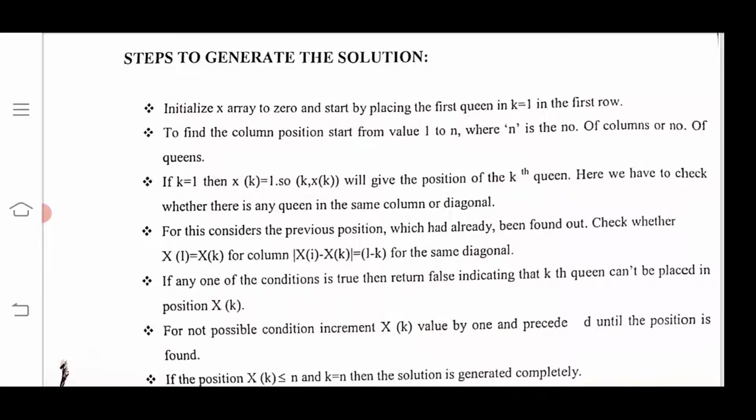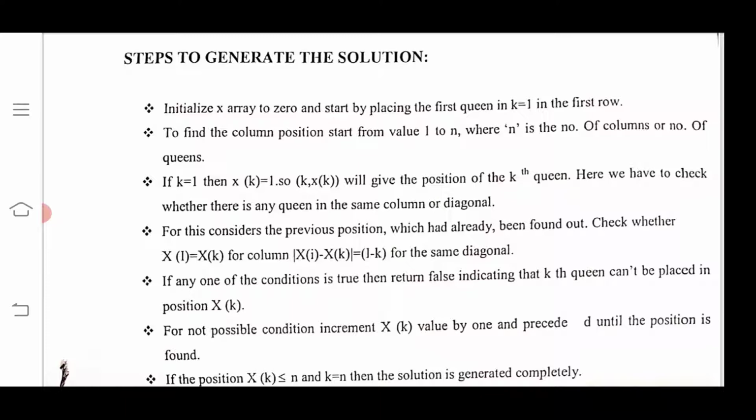Third, if k is 1, then x of k is assigned 1. So k comma x of k gives the position of the kth queen.